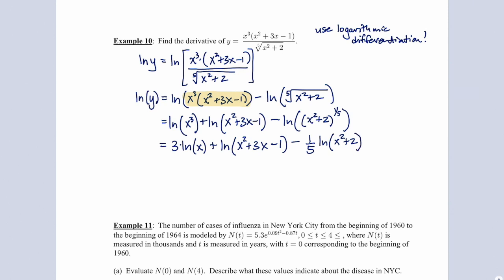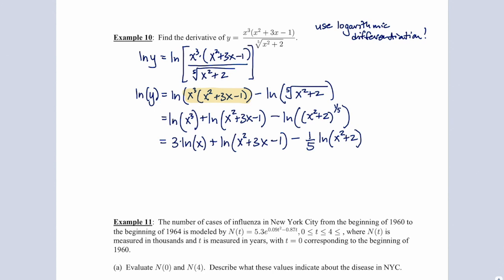All right, and now I don't have any multiplication or division or radicals inside the logarithms. I have sums and differences, but there's nothing I can do to rewrite those. So now I'm at a point where I can differentiate both sides. So now I'll have 1 over y times dy/dx from the chain rule on the left side. And then 3 times the derivative of natural log of x. So 3 times 1 over x. I'm just going to right away write that as 3 over x